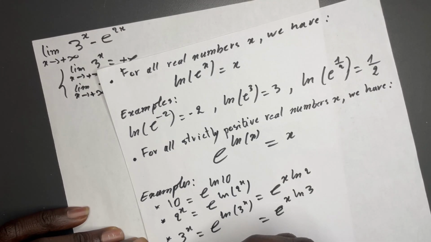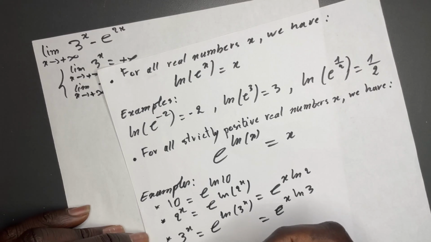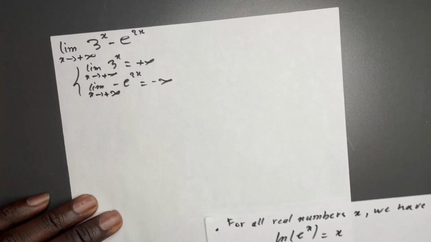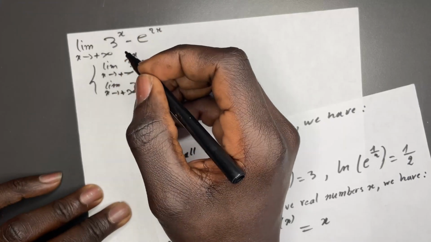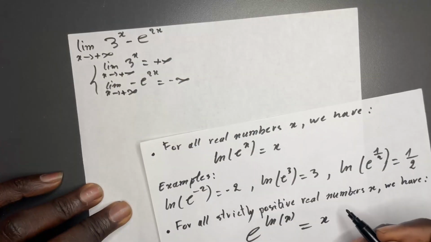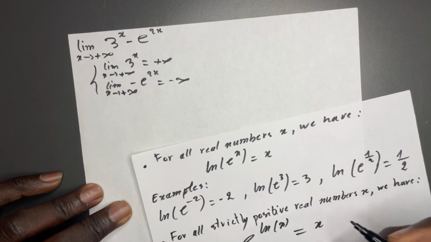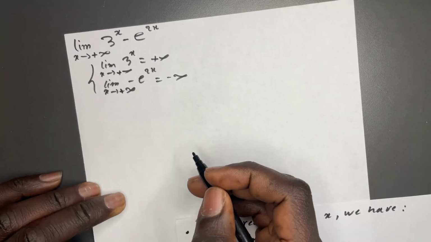And this right here, this is the key idea of the exercise. Once you understand this, the rest becomes easy. Now let's get back to our limit. Now we know that 3 to the power of x can be replaced with e to the power of x ln of 3. So now the limit becomes